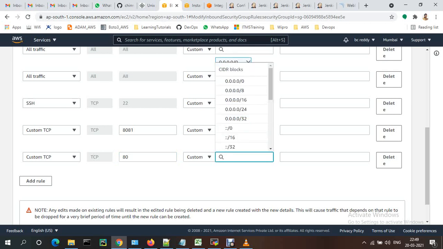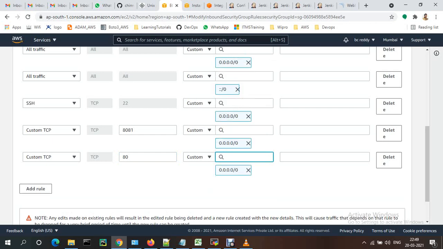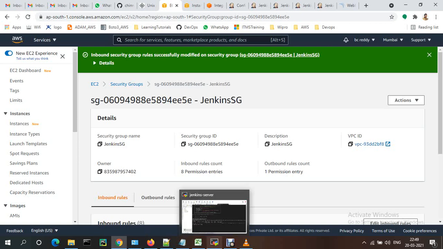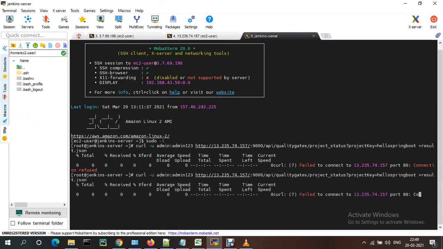Okay, just adding, save rule. Just try to connect. This will fix in some time. Okay, I will show you then in the next session.